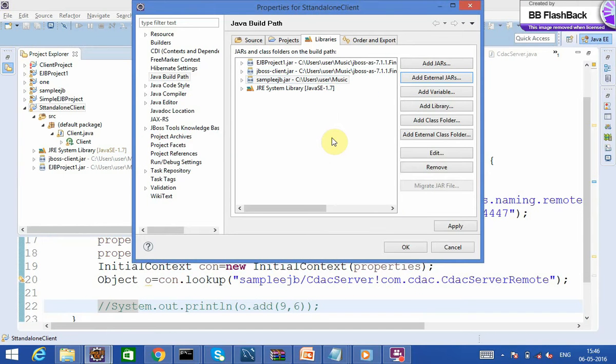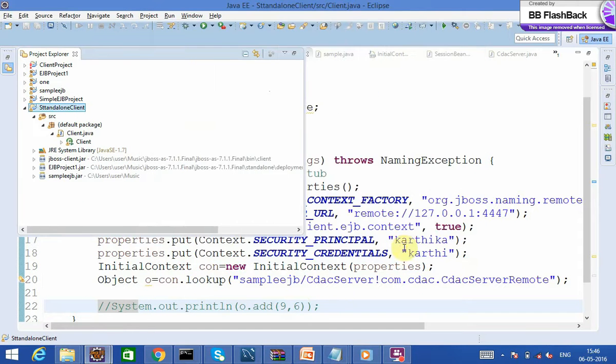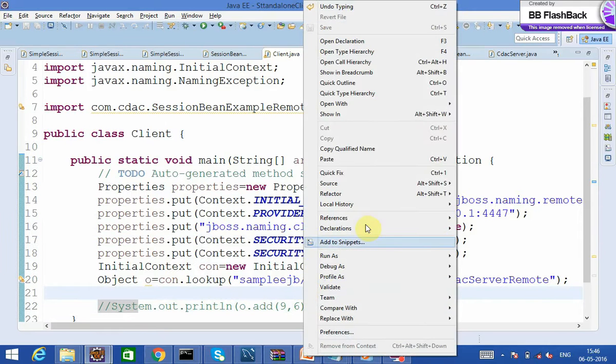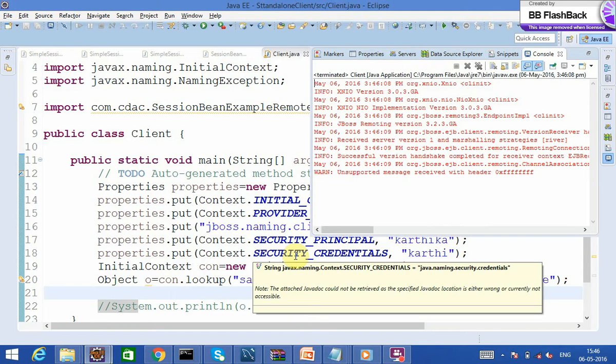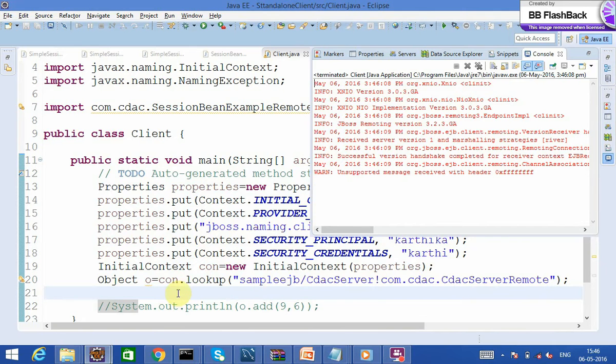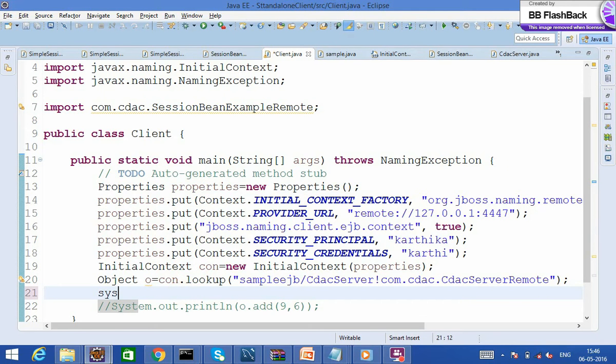So this is my client, my server now. If I am going to run this, an object is created. I'll print the object.